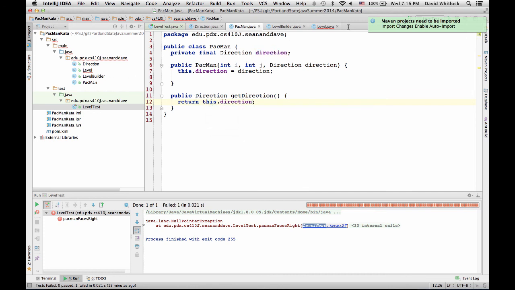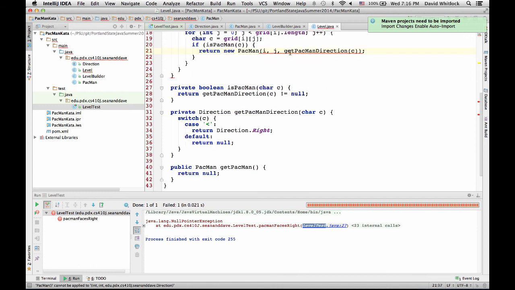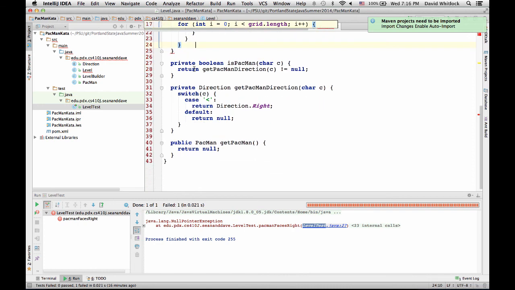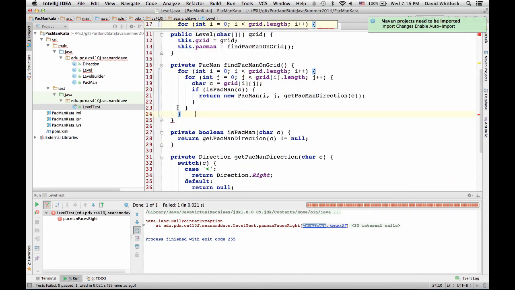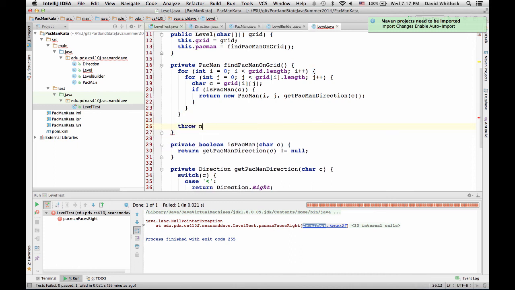Well, it's not done. Your test passes, or I don't know. Something's not compiling. Is it compiling now? Nope. It's thinking about it. Oh, and here it's complaining because there's not a return statement. Yeah, return. And then yeah, we'll just throw an exception. Illegal state exception.